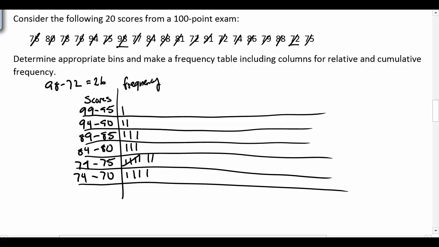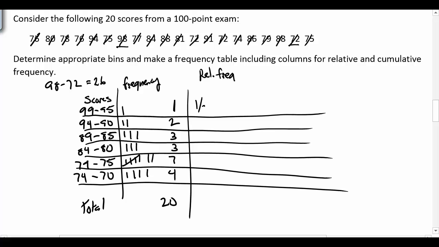Okay, so what I'm going to do is add up my tally marks real quick. This tells me how often something in that category showed up. So I had 1 in that top category, 2, 3, 3, 7, and 4. So the total would be 20. Okay. And then we're going to look at relative frequency. So how often out of the overall total did we have